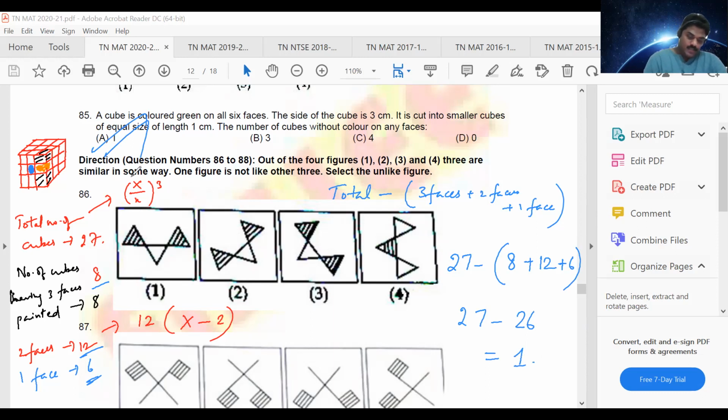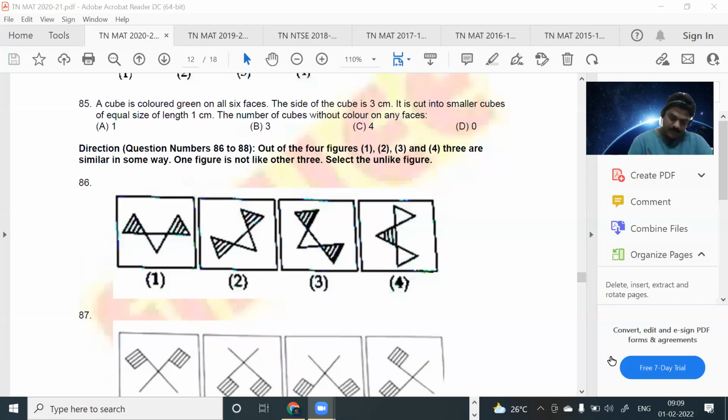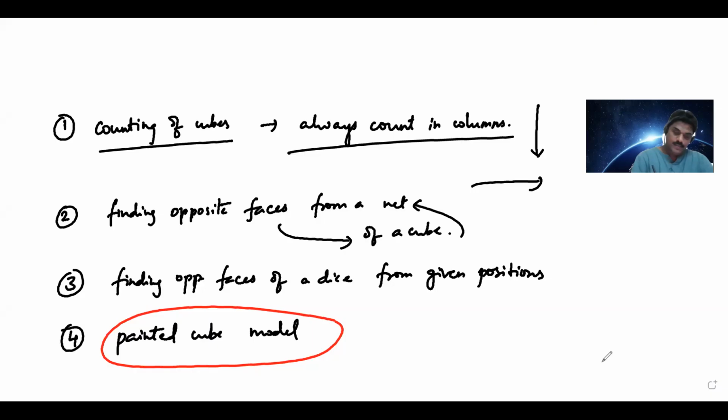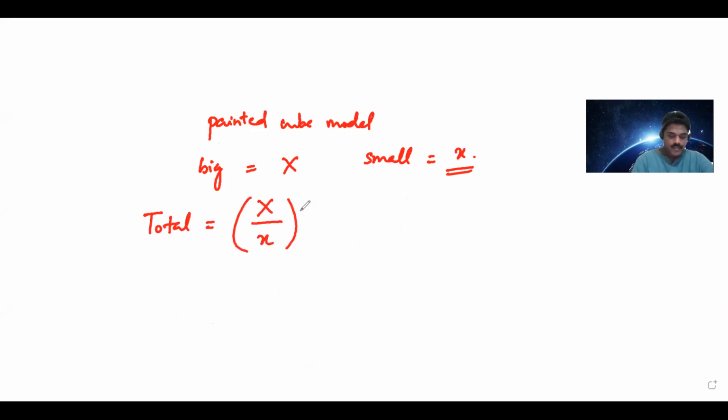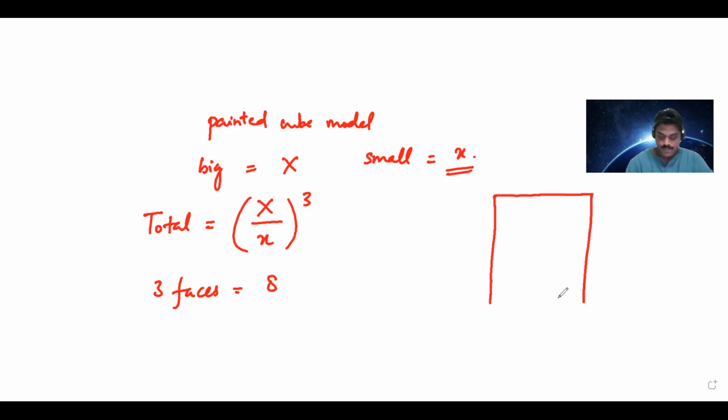What are the formulas? I'll list them out. Observe. Painted cube model. The bigger measurement, you will take as capital X, or you can also say the original measurement. The smaller pieces that are cut, you will take as small x. So the total number of cubes is given by (capital X by small x) whole cube. The number of cubes painted on 3 faces would always be 8. Right? If you want me to draw the diagram for a 5 by 5 cube,